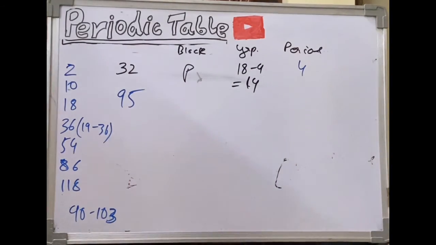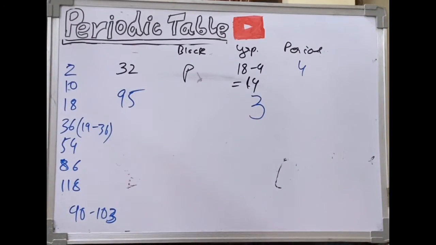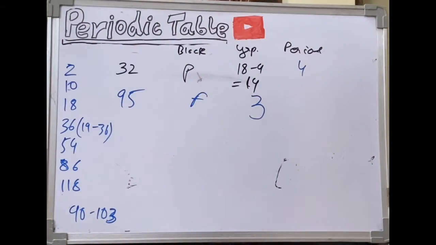So as I told you, the group will remain as 3. Period will be 1, 2, 3, 4, 5, 6, 7. F block simply. If the element is a part of the lanthanide or actinide series, you will compulsorily put it into the F block, and the group will remain as 3, but the period may range from 6 to 7. So here it will be 7.